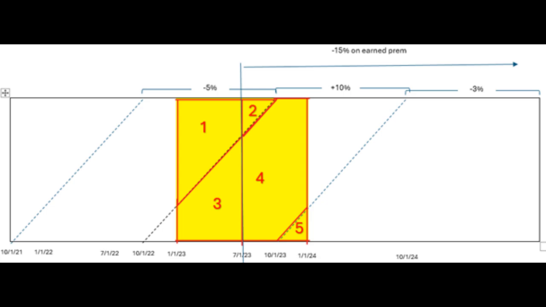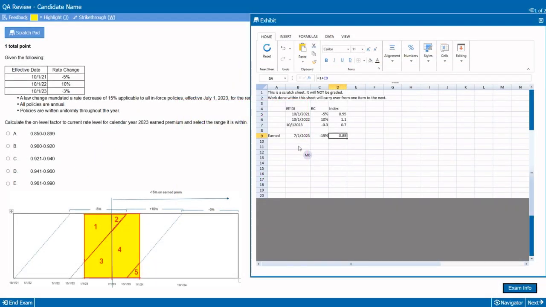And then within that, I'm going to break that box down into different sections that have different rate levels based on all of the changes that were described in this question. So section 1,